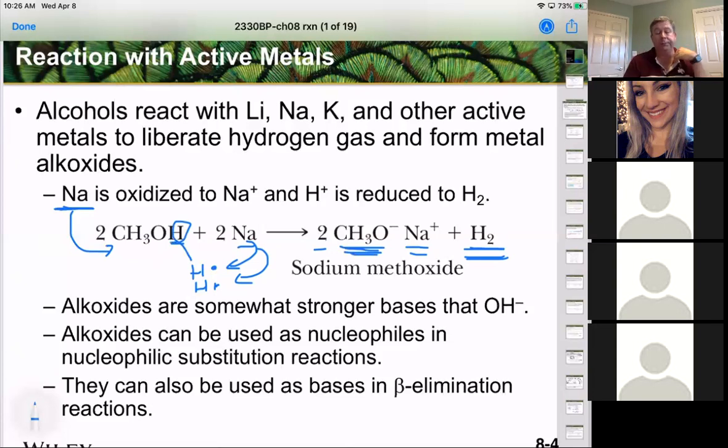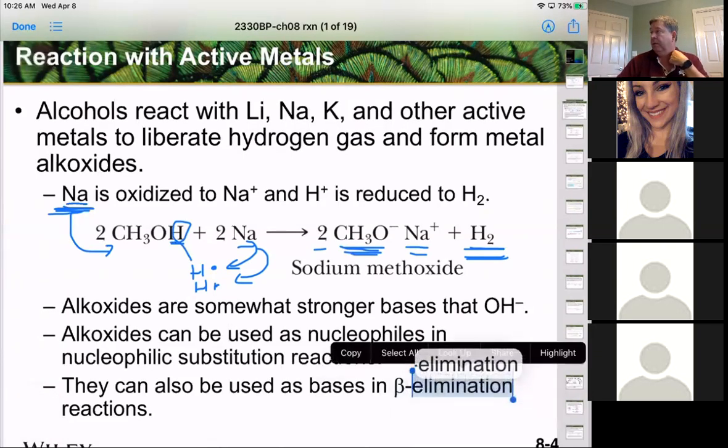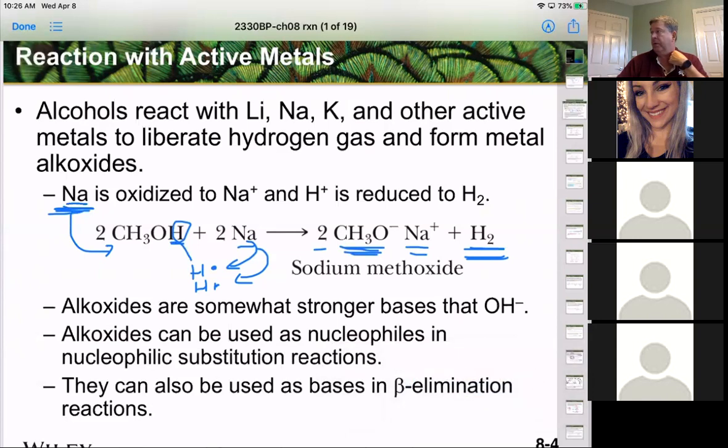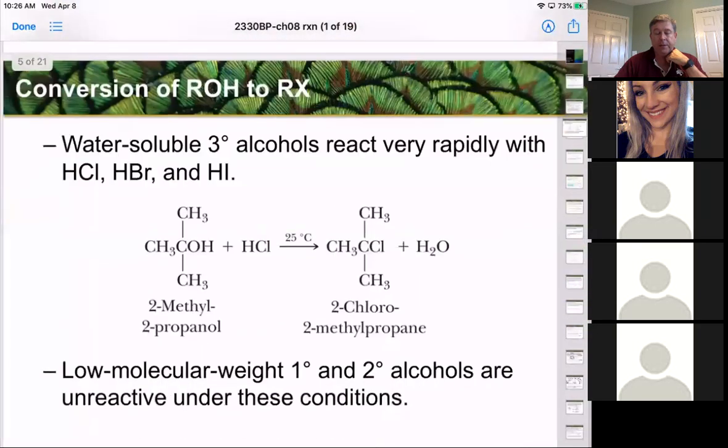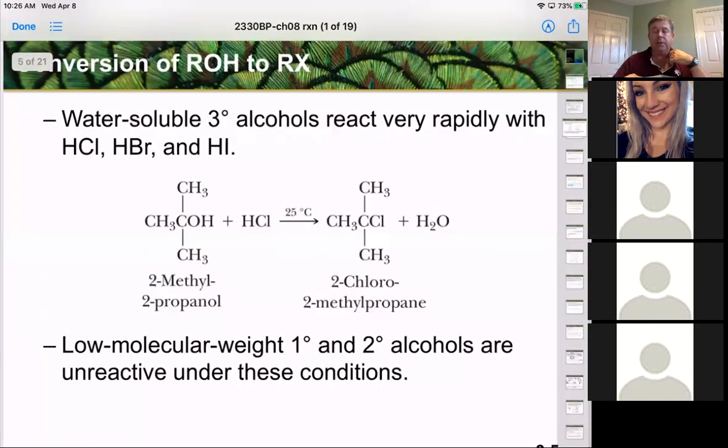Okay, so we're actually transferring electrons here, which is not something we normally do in these reactions. So that's kind of interesting right there. Does anybody have questions on that while we're here? Okay. All right, so then one of the other reactions we have is that we can actually take